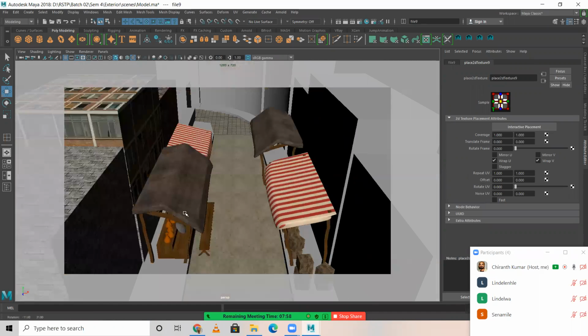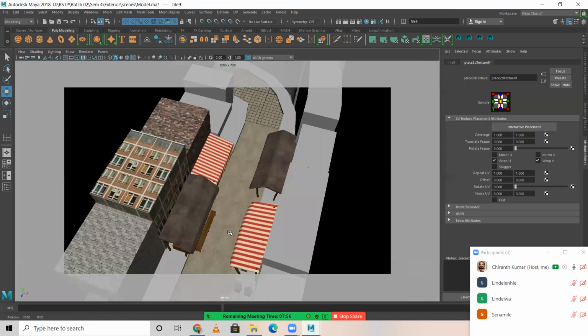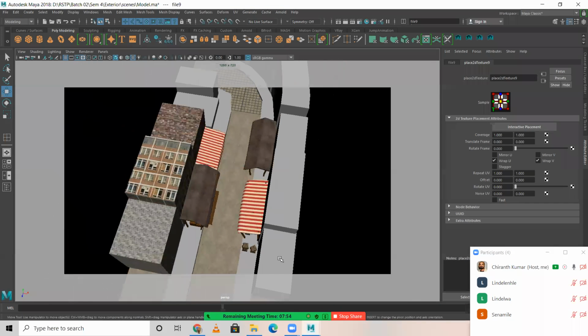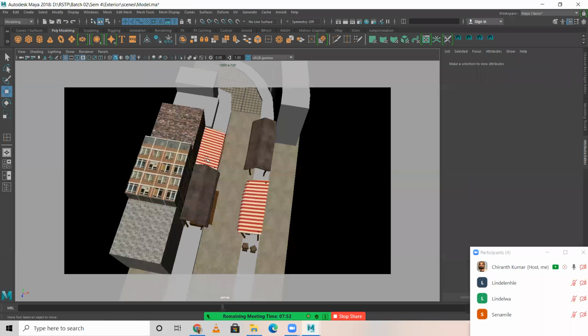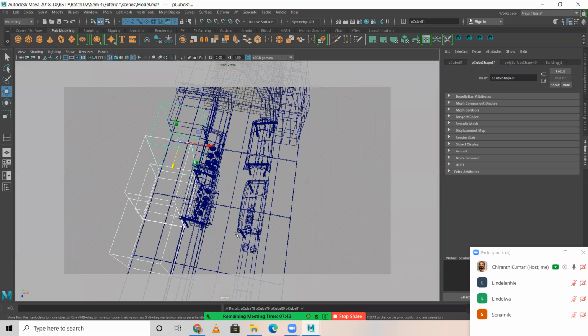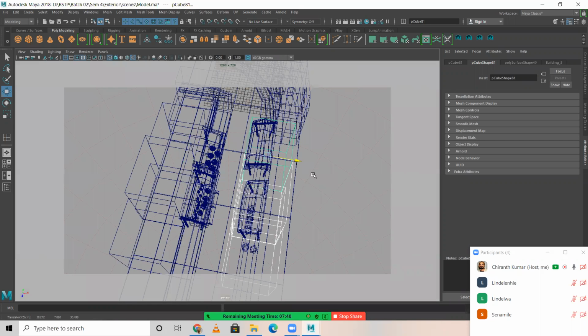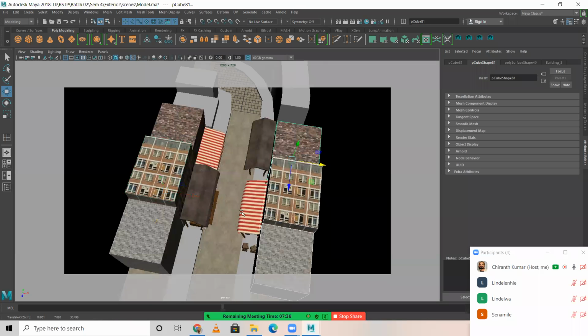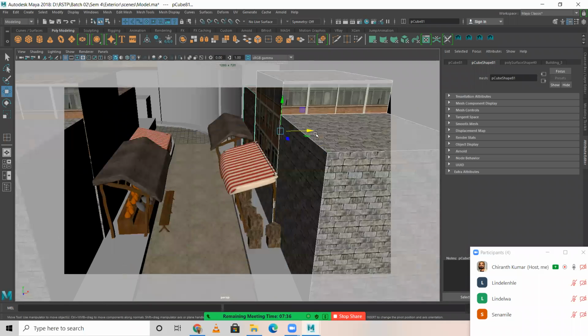Okay. So now the part is, I'm going to delete these boxes. I'm selecting this. I'm going to duplicate this. I'm just placing it here. Great.